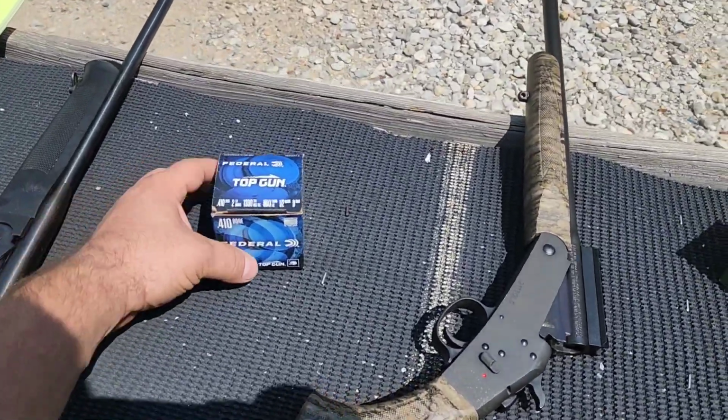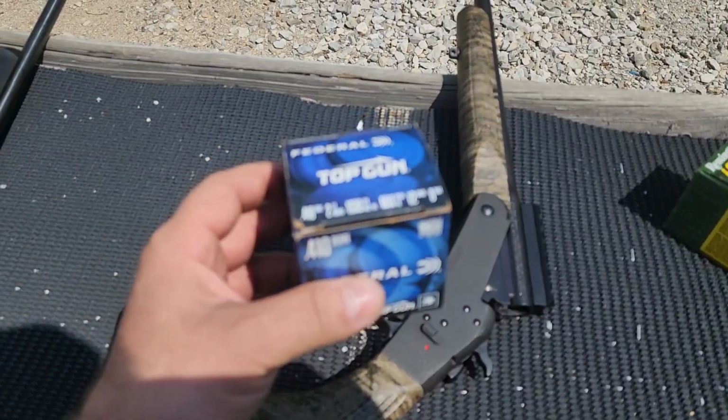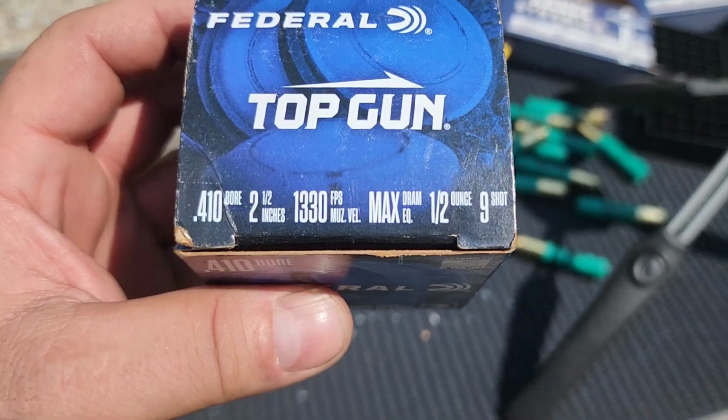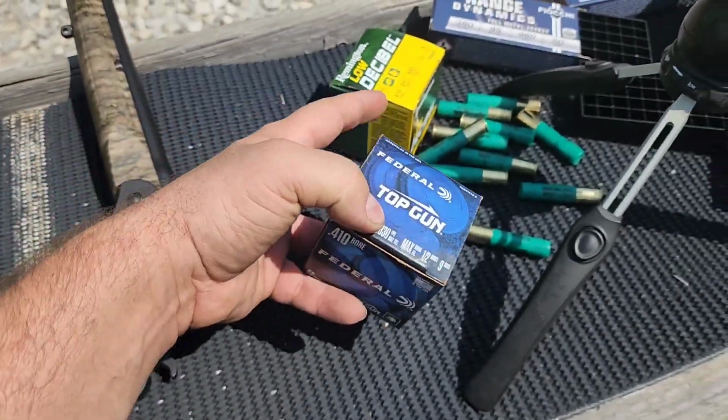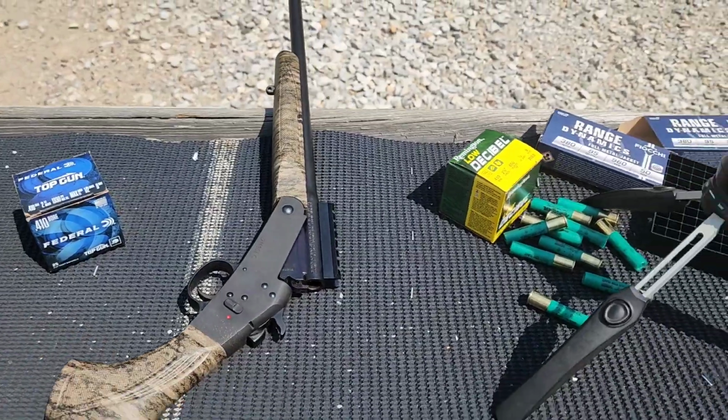There's the Federals I brought just for comparison. I mean, I wish I had some Remingtons, but this is all I had. .410 ammo is still pretty freaking hard to find. But as you can see there, 9-shot, and yeah, those are literally like half the velocity. So I got a few of these in here to compare, just to see how they